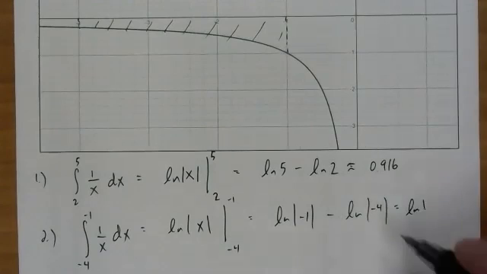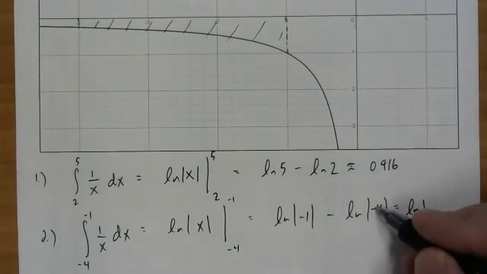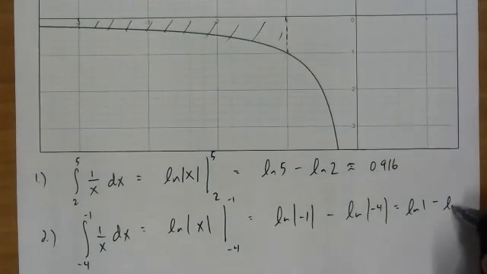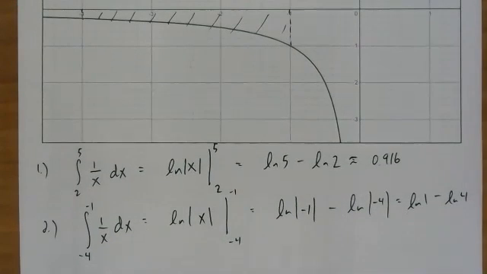Just 1. What's the absolute value of -4? 4. So that is an exact answer. If they want a decimal,